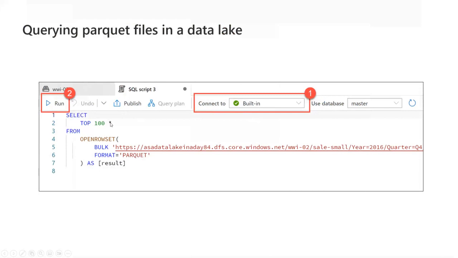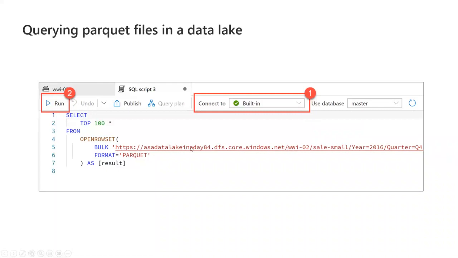Star means any column from, and now somebody mentioned previously OPENROWSET. That's a function within T-SQL that allows you to open your file here at this address, BULK, and then you provide the address of your data lake storage where the file is actually located.